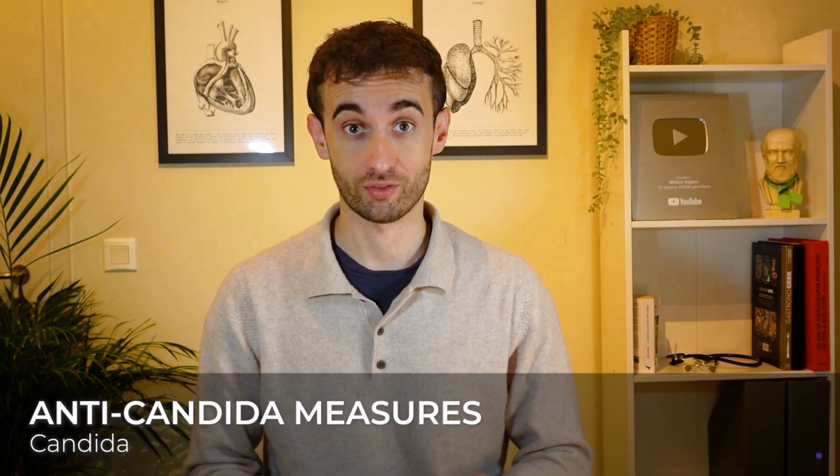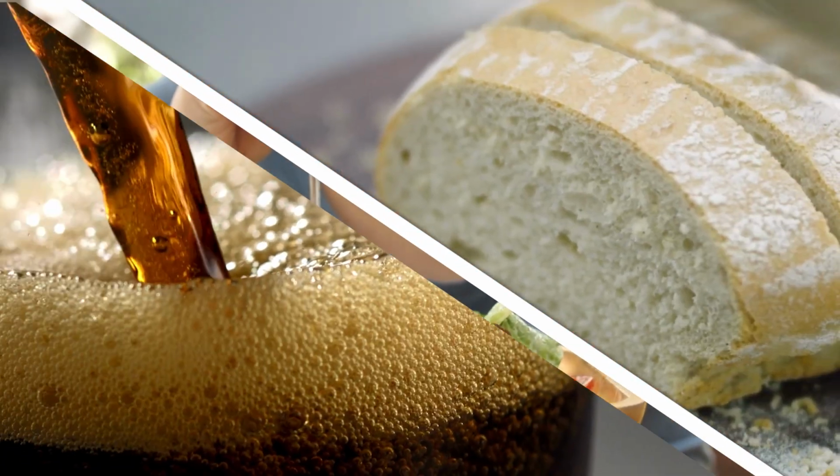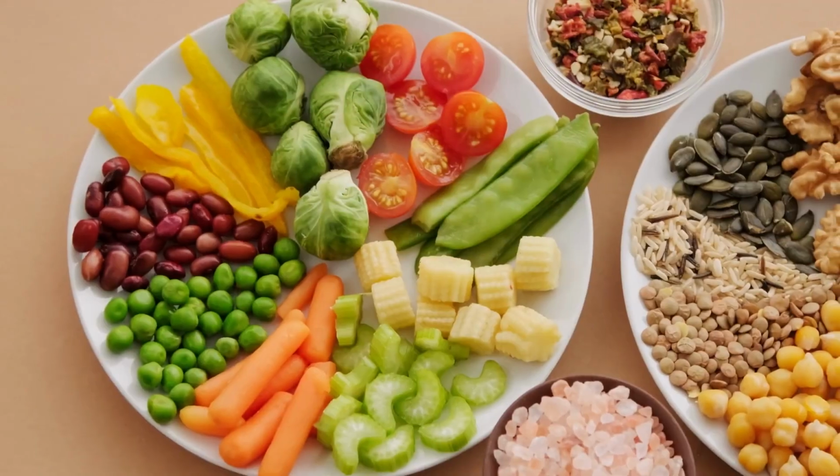Sixth, we have anti-candida measures, which consist of seeking an environment in which this fungus has difficulty multiplying. These measures include a low-sugar diet, as sugars and simple carbohydrates will serve as food for this fungus. So, it's convenient to opt for a diet rich in proteins, healthy fats and vegetables, and low in processed foods